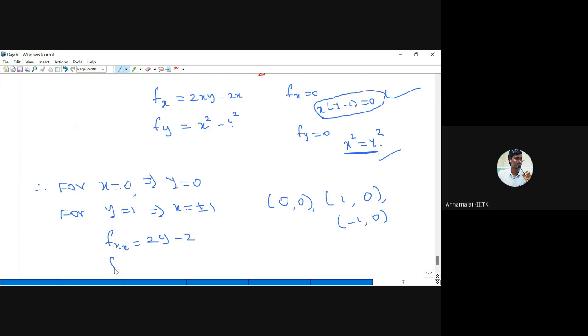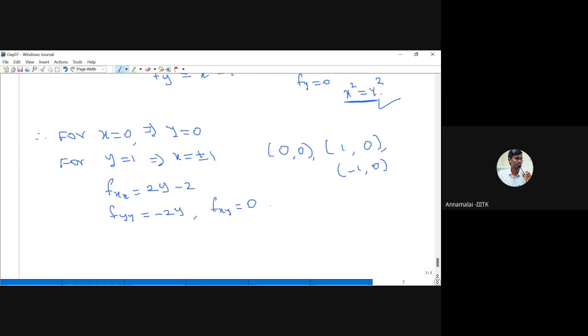And what is fyy? So fyy is nothing but just minus 2y. And what is fxy? You get 0. Even if you find fyx, also 0. Okay. Now the Hessian of h equal to